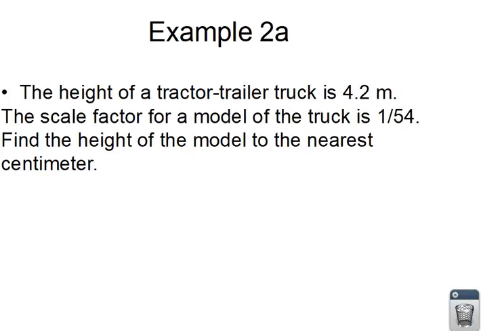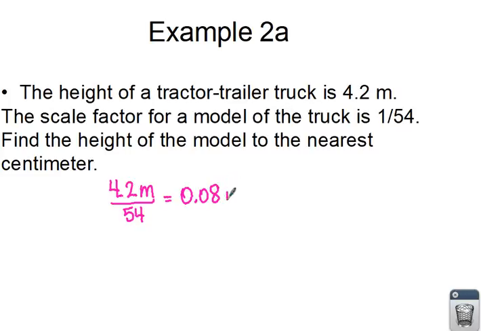All right, here we have the height of a tractor trailer truck. So the big truck is 4.2 meters. The scale factor for a model of the truck is 1/54th. So it takes 54 little ones to make one big one. I want to find the height of the model to the nearest centimeter. So last time we multiplied to get what we needed. This time you divide because you're going backwards. So you start with the height of the truck and you divide it by how many little trucks it takes to make it. And when you do this, you get